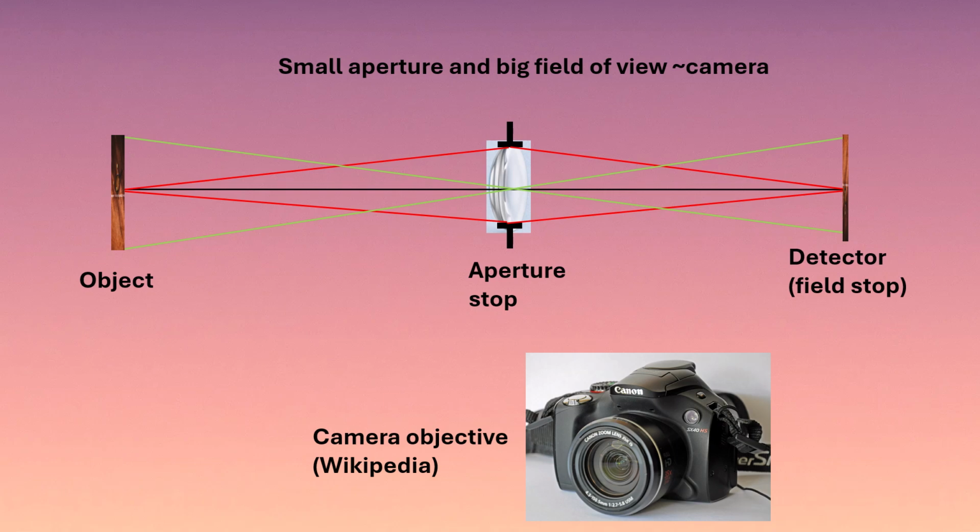But why not have both a large aperture and a wide field of view at the same time? Because it's challenging to design such a system. This is a fundamental limit of physics. So we need to make trade-offs and decide what type of design best suits our needs. The key questions to always ask are: what aperture do we need? And what field of view?